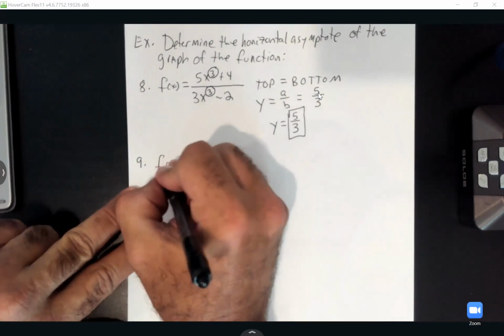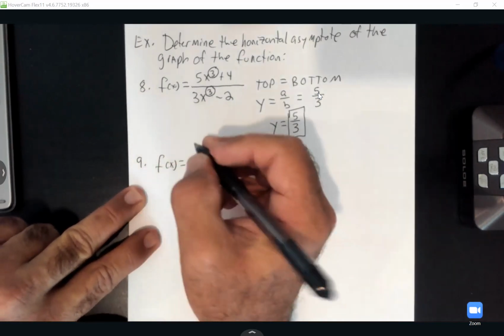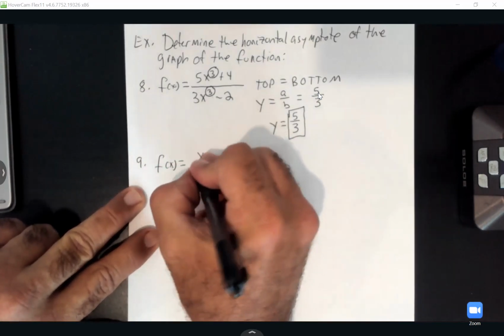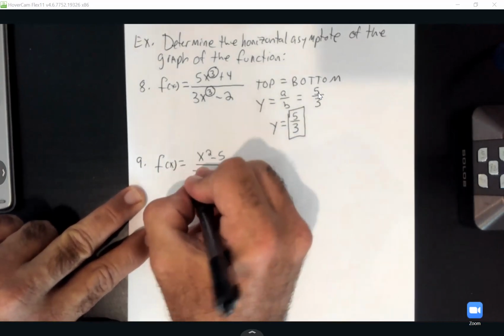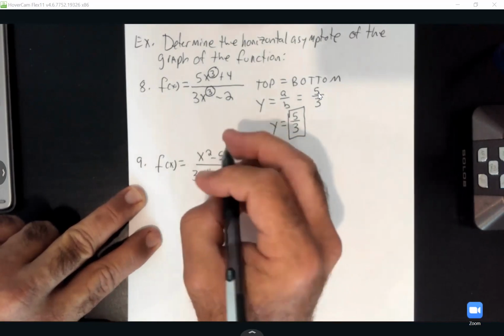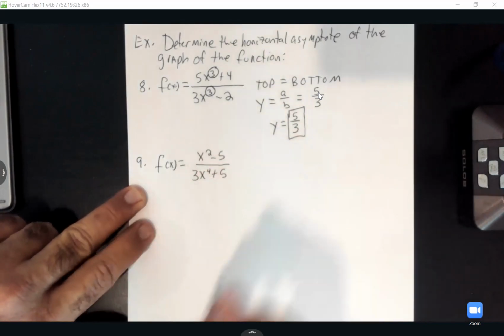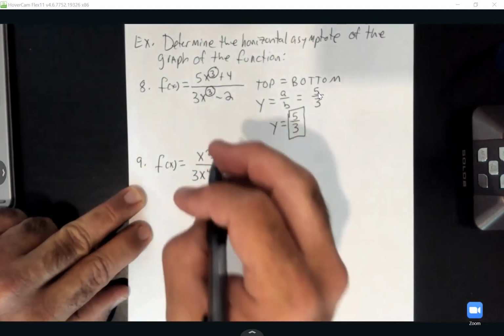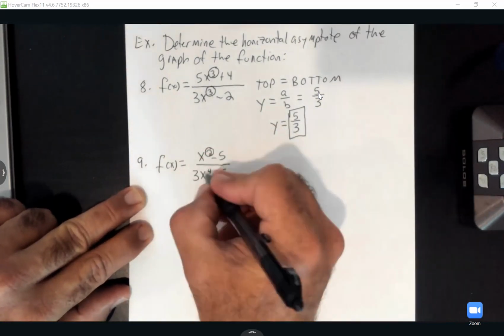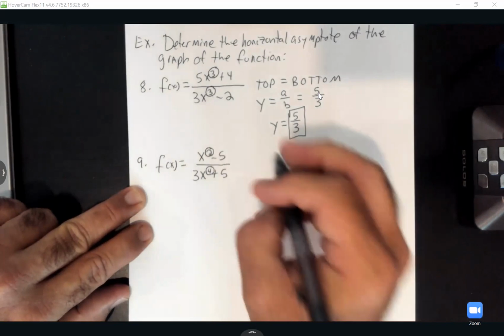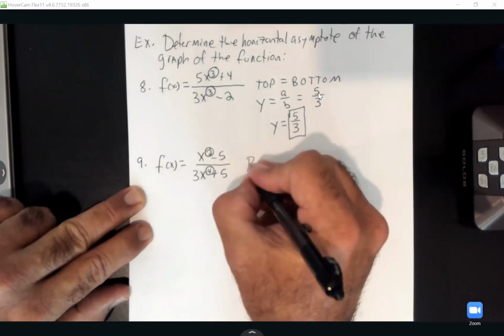All right, how about this one? F of x equals x squared minus 5 over 3x to the 4th plus 5. So let's see, the degree on our top is this 2. The degree on bottom is a 4. So this one has a bottom